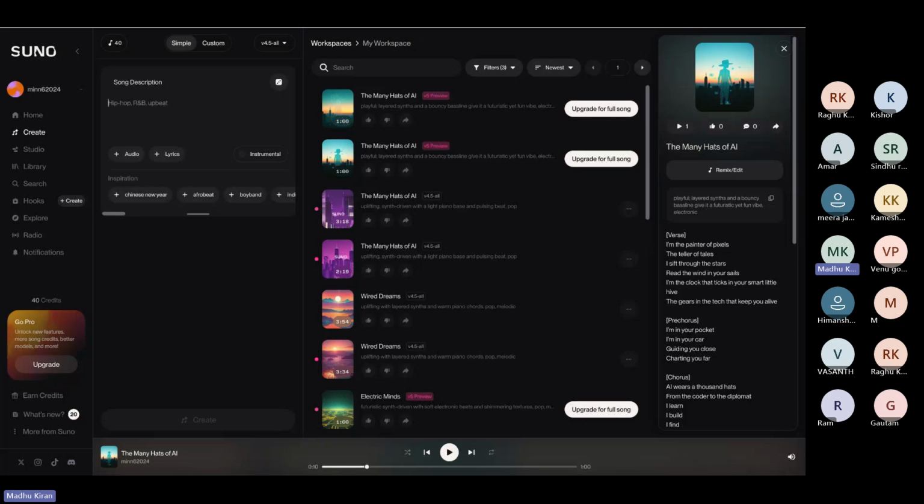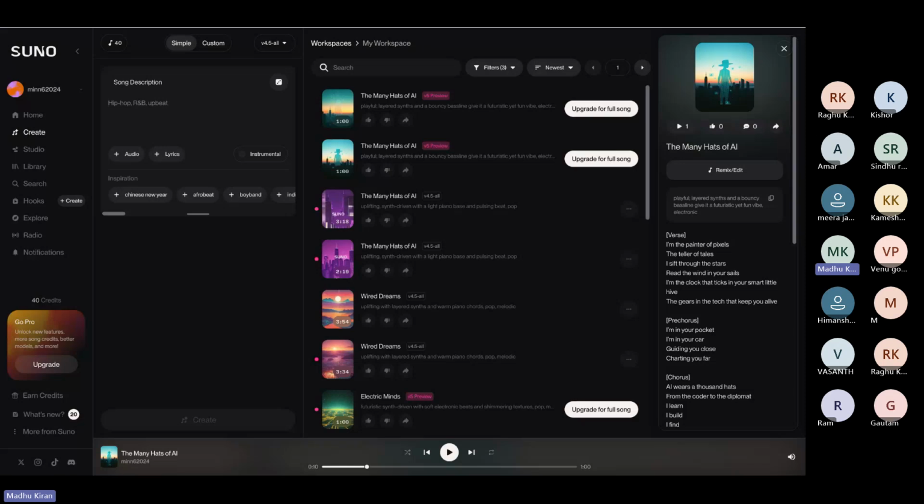It's fun working with it. It's not completely free, but every 24 hours we get around 50 credits. Generating one song costs 10 credits. I think it's usable. Not completely free, so we cannot make hundreds of songs in one day. Any song description prompt you give, it will generate a song for it.